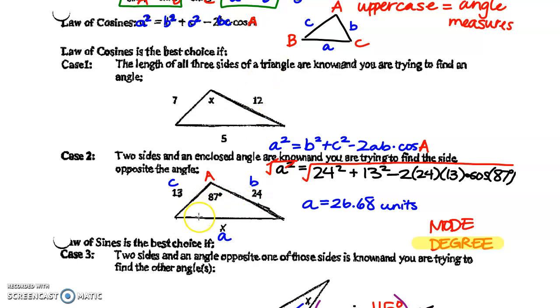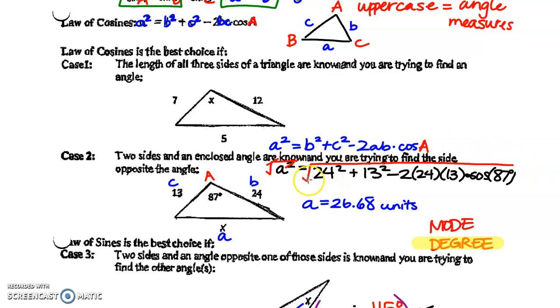But case 2 is the one I really want to go through because this is where you're probably going to use it a lot. Okay, so we have angle A. We don't have side A. We have sides B and C. Okay, so I'm going to use the one that has cosine A. All right, so I'm going to take 24 squared plus 13 squared minus 2 times b times c times cosine of 87. Okay, the very first thing I would do then is put a square root over the top of that,